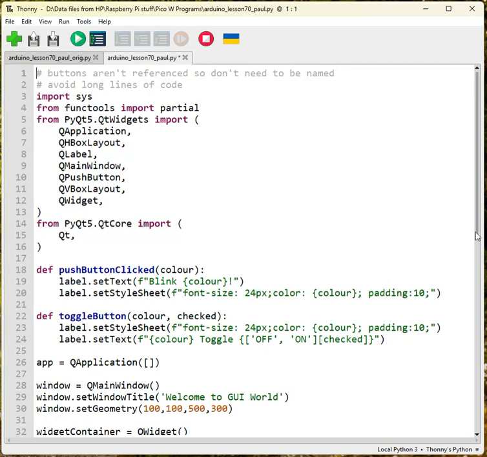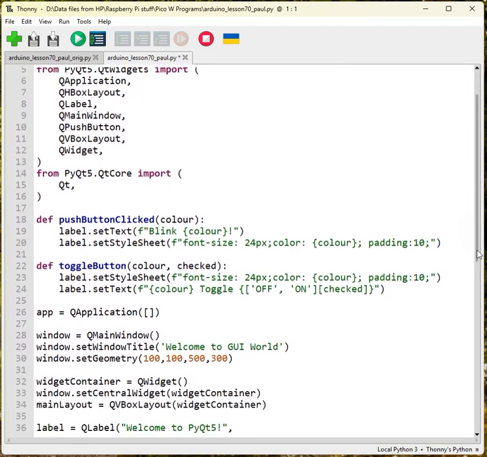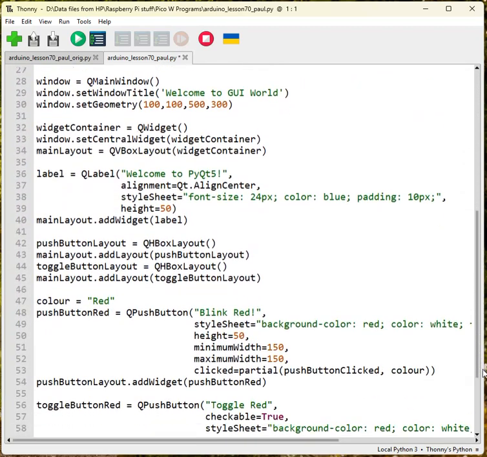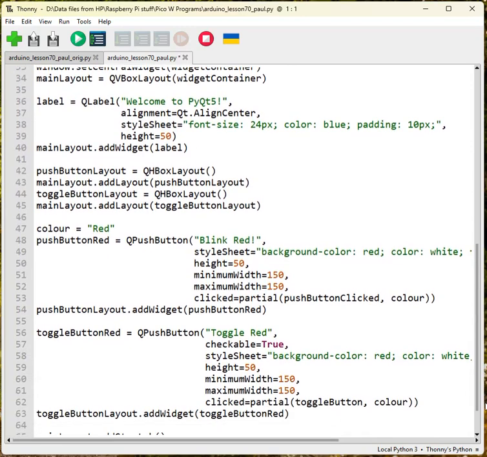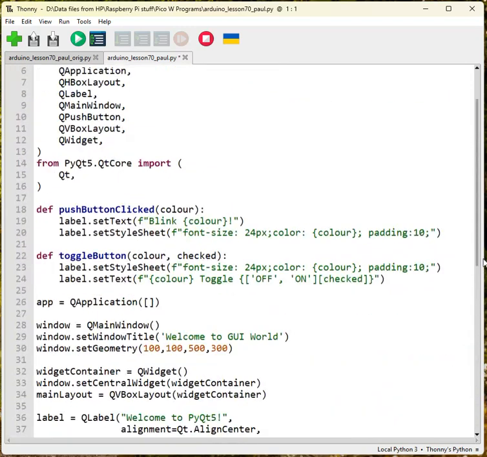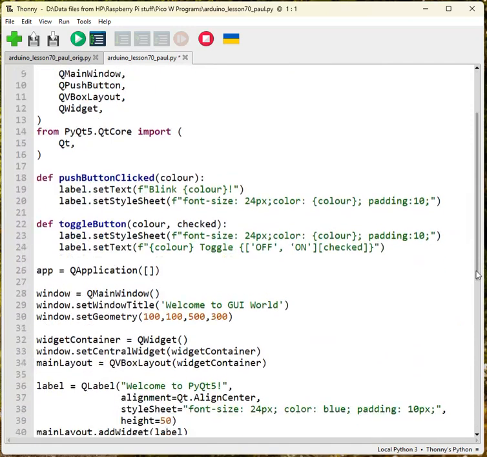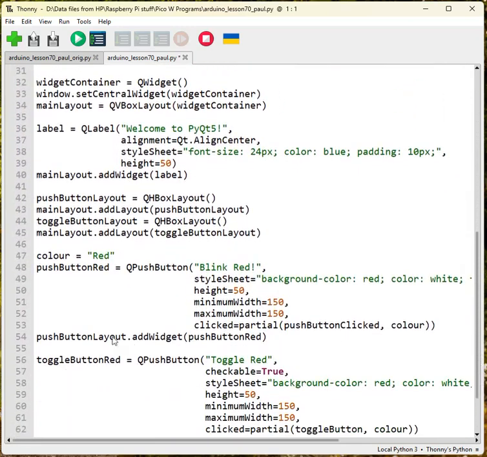Now my next gripe, why bother to give it a name? Why bother to give the button a name? Because you're just doing it and then you're immediately adding it to your layout. So what you can do is you can go, instead of that, you can go,